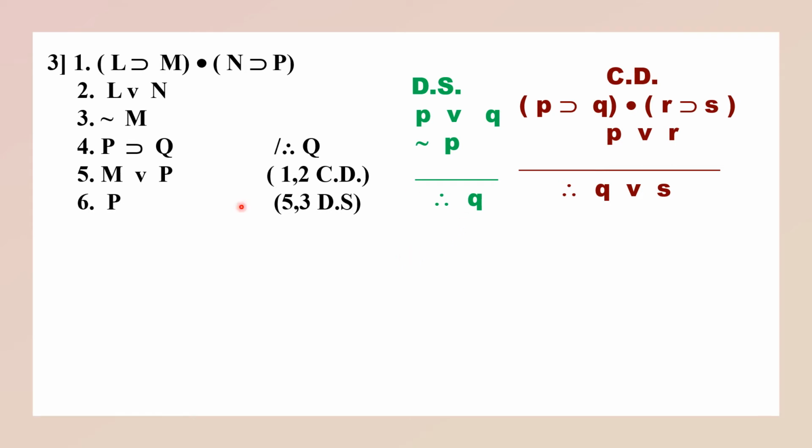You will get P. Once you get P, you can see that P is there in the fourth premise as the antecedent of an implicative proposition. So you can derive the consequent. Which rule can you apply to get the consequent? There is only one rule, and that is the rule of MP. P implies Q, P therefore Q. Thus, we have arrived at the conclusion and the validity is established.